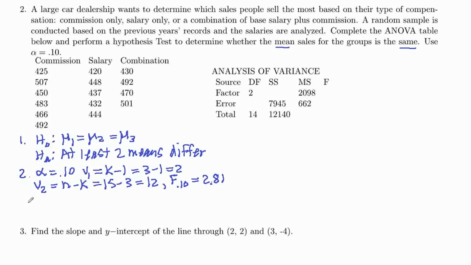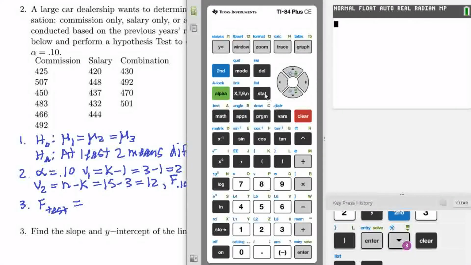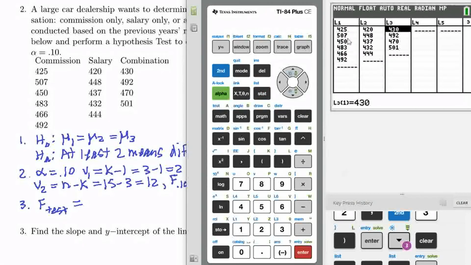And then step 3, we will compute our test statistic. So our f test statistic, f test. So we get that from the ANOVA table. So let's go ahead to the calculator. So we go to stat and then edit. And I've already entered the data in here. List 1, 2, and 3 for